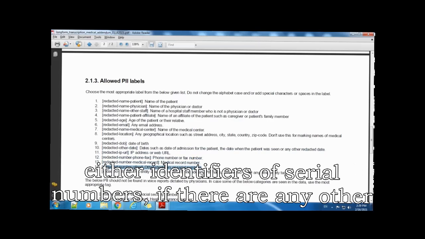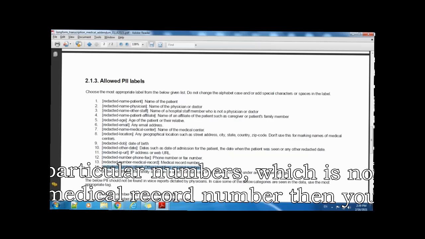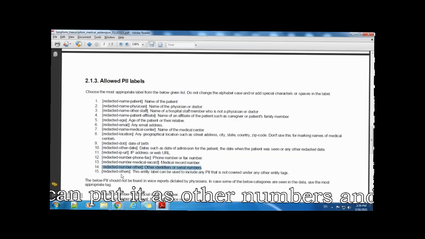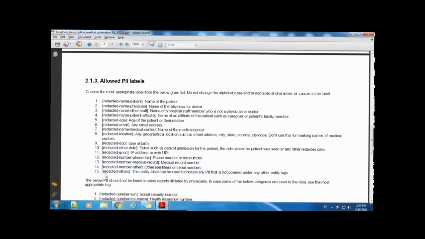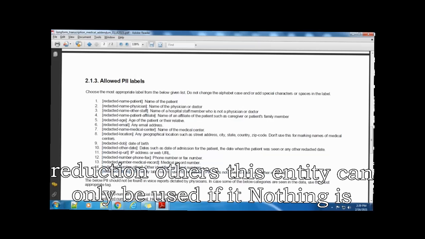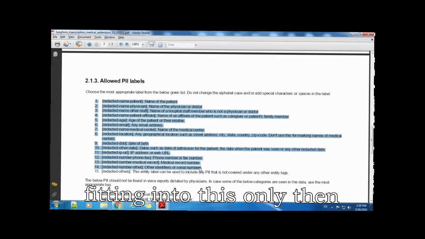If there are any other particular numbers which is not medical record number, then you can put it as other numbers. And redaction others, this entity can only be used if nothing is fitting into this, only then.